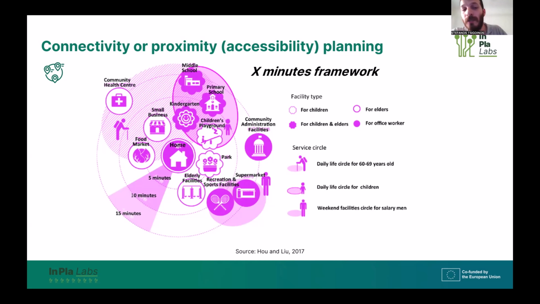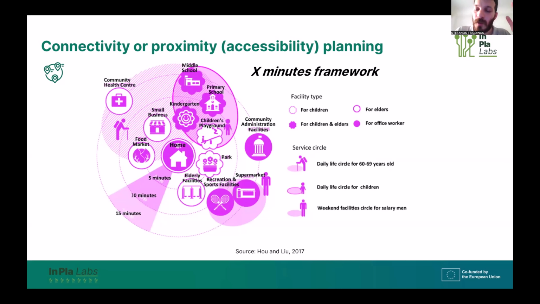And on the contrary, to remind you, connectivity relates to connecting these land uses, but we do not focus on new ones, but we can connect new ones. We can connect the new ones, but we can also connect existing ones. And connectivity relies on an efficient transport network.